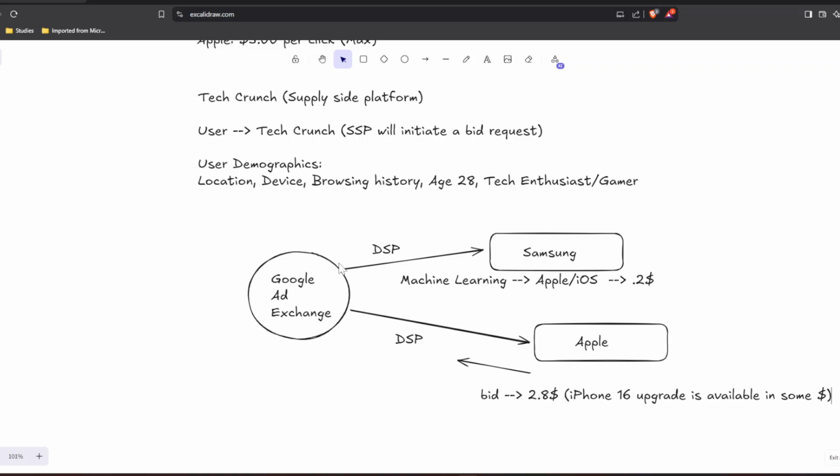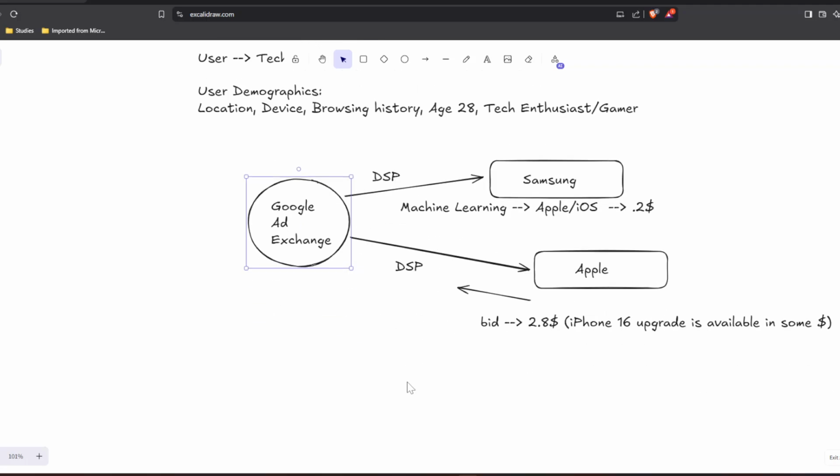Suppose it has even sent something to a few of the popular furniture stores, or maybe some bookstores as well. After that, what Google Ad Exchange does is it identifies the highest bidder. Sorry, it will identify not just the highest bidder, it will identify the second highest bidder and the highest bidder. Okay,